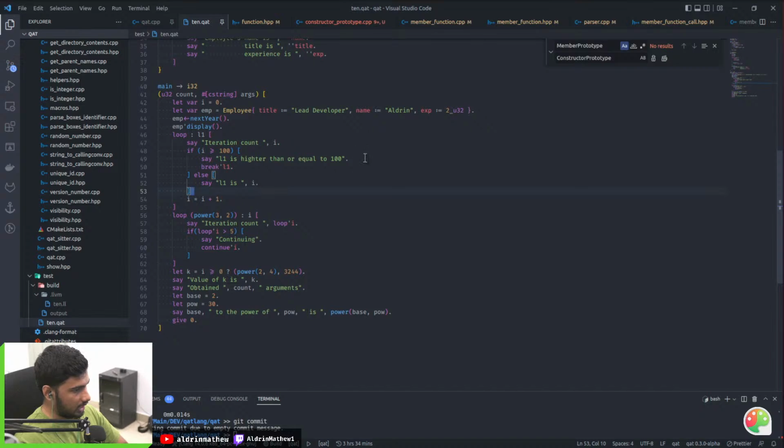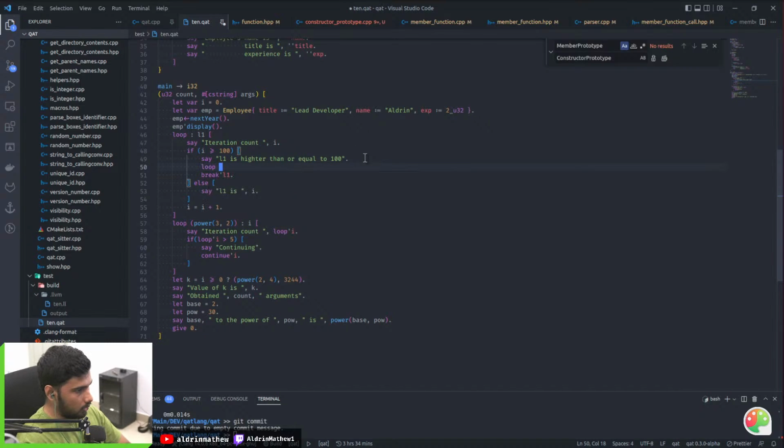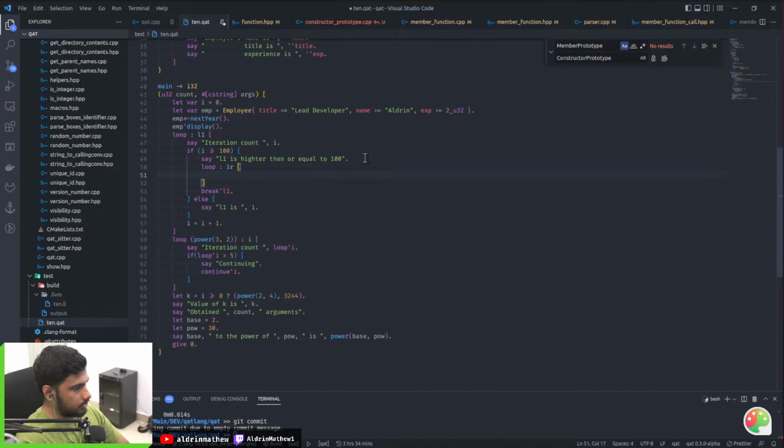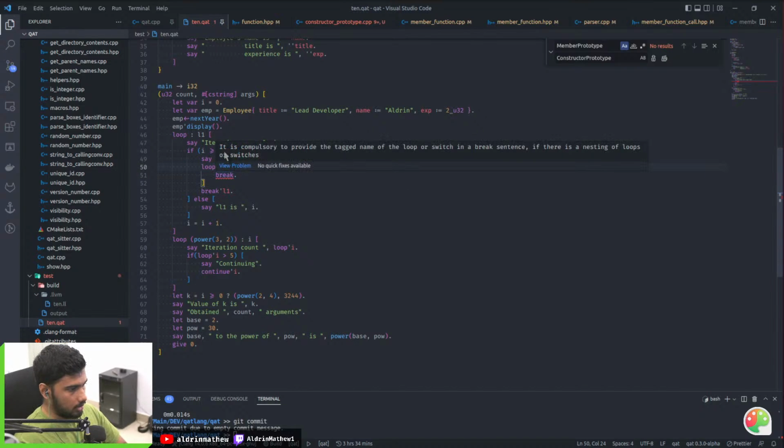So imagine I have another loop here. So this is another loop, right? And if I just call break, it's an error because it is compulsory to provide the tag name of the loop or switch in a break sentence if there is a nesting of loops or switches.